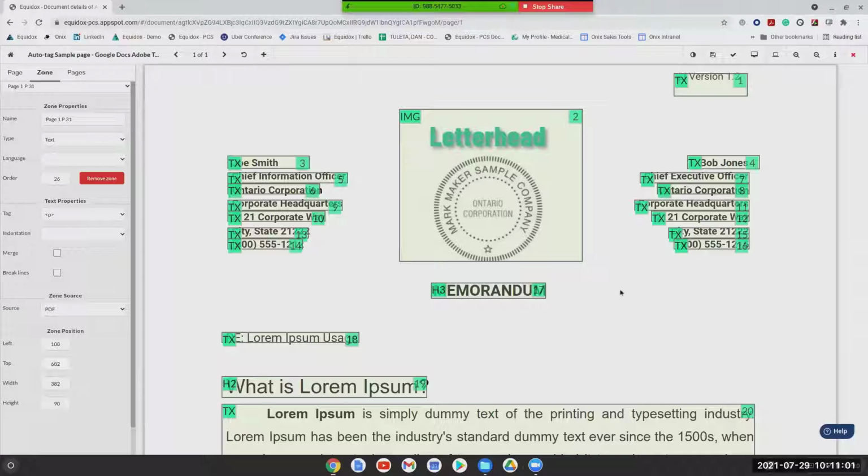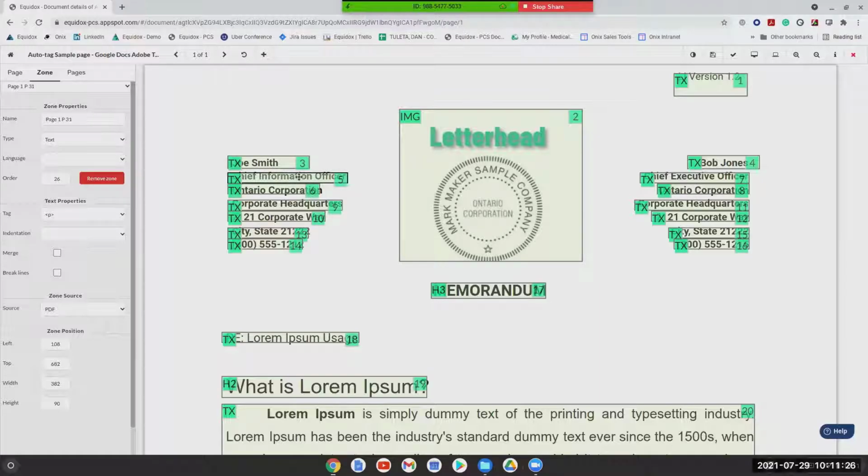You can use the technology that Equidox has built into it to very quickly take a document like this and fix it and retrofit it to be accessible, to be fully usable. And it does not take that much time or that much training or that much experience. It's simply a matter of applying some basic logic and some basic point and click computer skills to work through the application.